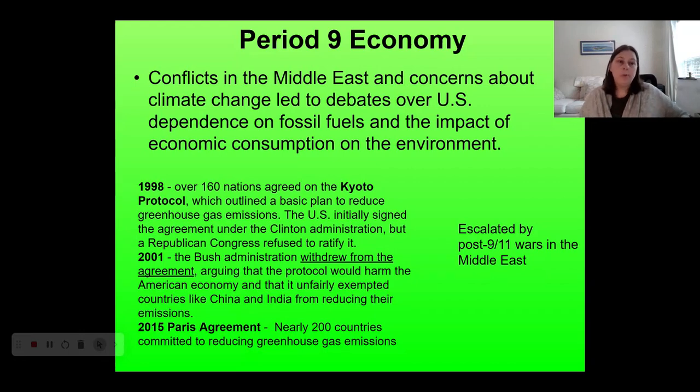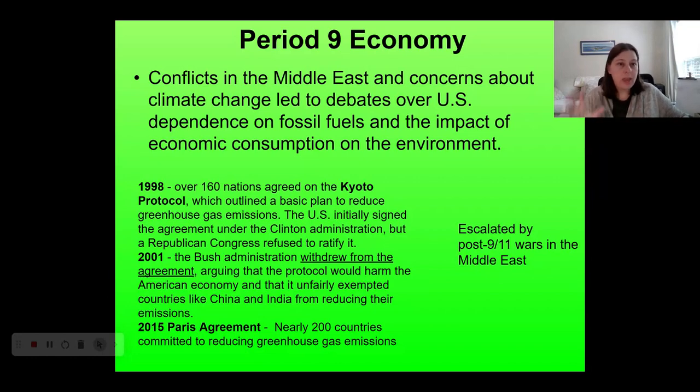But even before that, we're starting to come to terms with things like climate change in the late 1990s and early 2000s. The first attempt in the United States at dealing with this in a policy way is that we joined something called the Kyoto Protocol, which was supposed to be an agreement between a bunch of nations to reduce greenhouse gas emissions to try to deal with the problem of global warming. The United States initially signs it under Clinton and then withdraws from it under the second Bush administration, George W. Bush, Bush the son, in 2001.